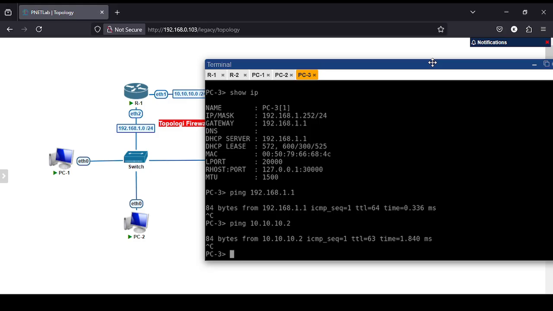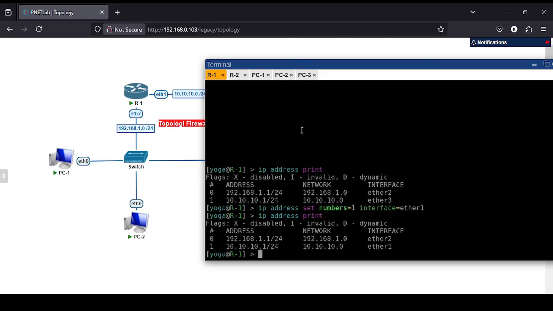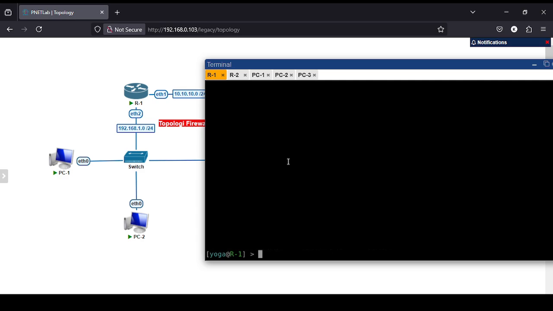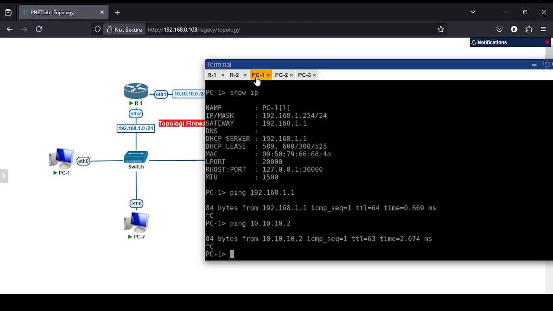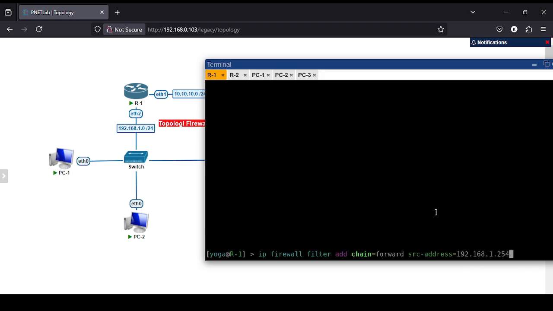Then next up, we want to configure a firewall filter using chain forward in router 1. So firewall filter add chain forward, then source address, and in this source address you can enter the IP address of the PC. Here I will enter the IP address of PC1. Okay, and for the action,